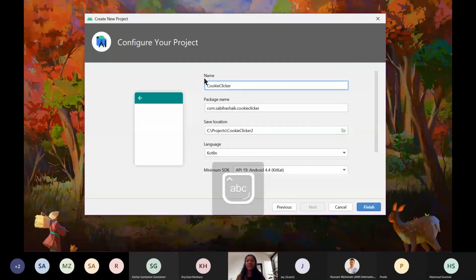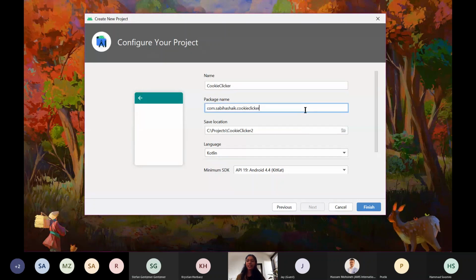You can name it anything you like, but I'm just going to keep with the theme and call it Cookie Clicker. The second section you're going to see is called package name. Package name is basically a unique identifier that identifies your app on your device. So if you were to upload this app after this tutorial to the Play Store, this would be the ID